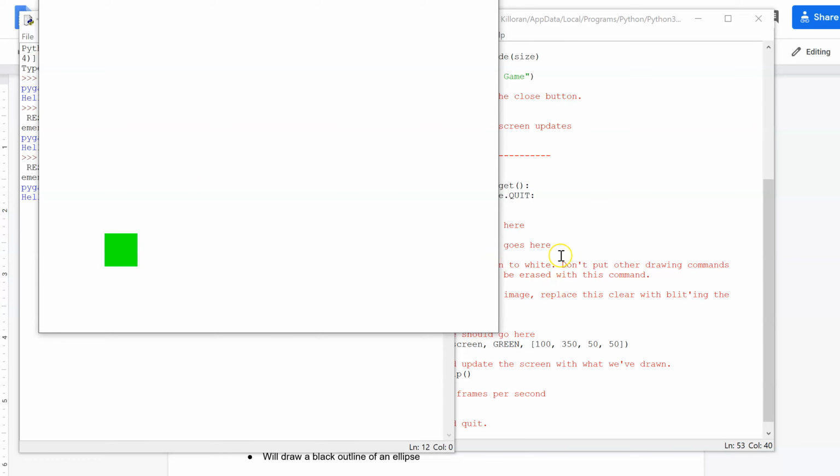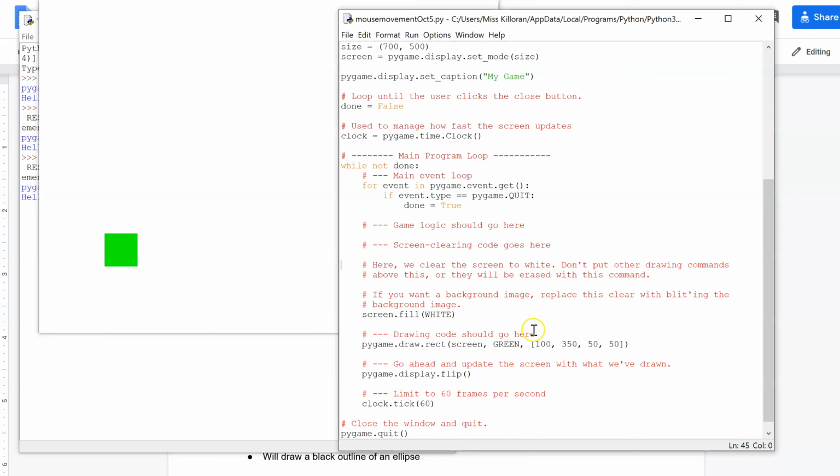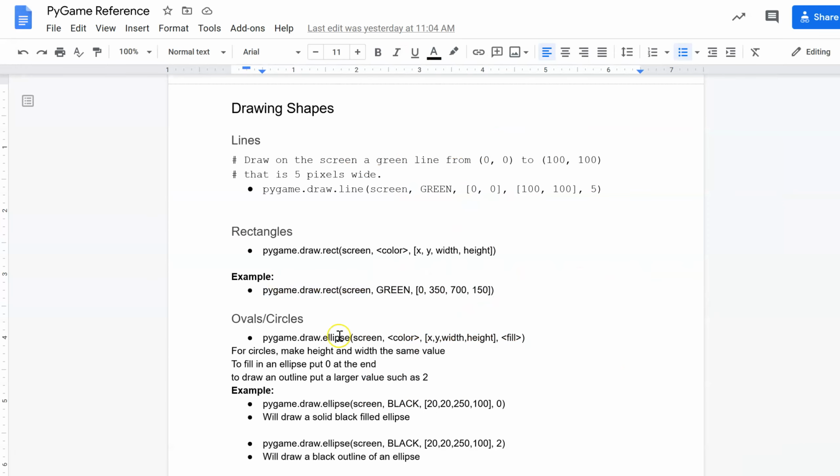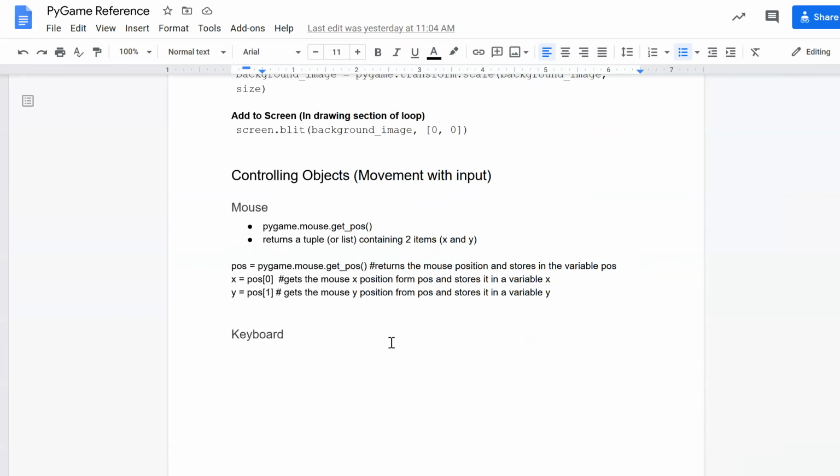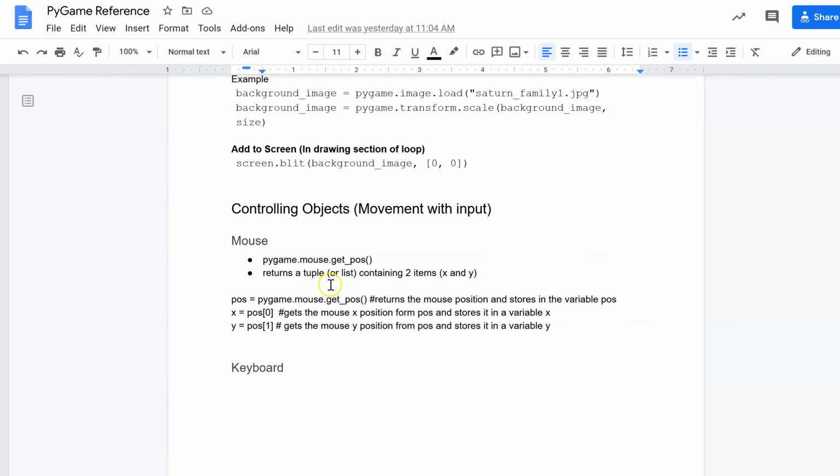and we're going to make the square follow the mouse around the screen. So what we're going to do is go ahead and first read in the mouse input. So in the PyGame reference near the bottom, I have added in some code to help you with mouse movement. So this pygame.mouse.get_pos, this code allows you to get the position of the mouse. It actually returns a tuple or list of 2 items containing an X and a Y, and we can use these square brackets to access each of the values. So if we just copy this code that was given,